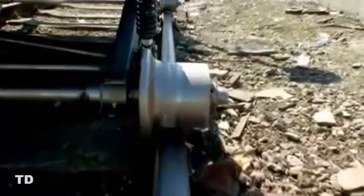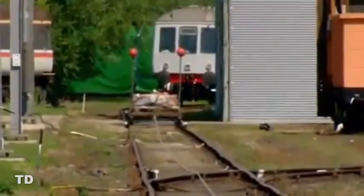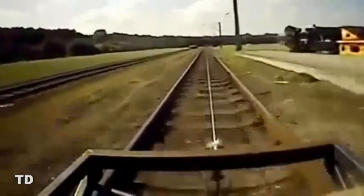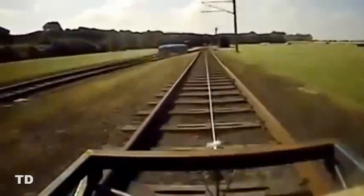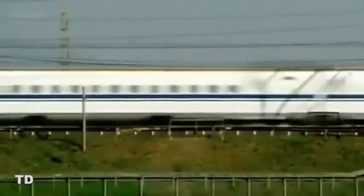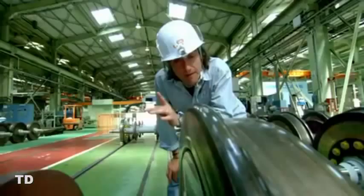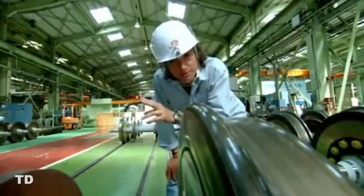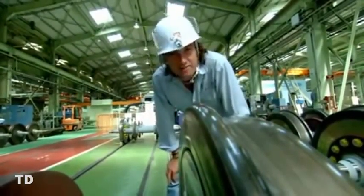The flatter wheels have eliminated hunting oscillation. Look how steady the basketball telltales are. My carriage travels straight and true on the rails, which means it can go really fast. But still nowhere near as fast as a bullet train. For those kinds of speeds, the engineers couldn't just rely on flatter wheels to avoid hunting oscillation. They needed a two-part solution. The second part of which lay at the heart of a